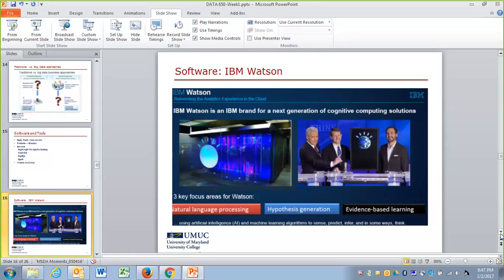So what is a cognitive computer? This is, let's say, one of the applications. It uses machine learning and artificial intelligence algorithms to sense and predict and mostly infer some kind of knowledge in the way we as humans think.